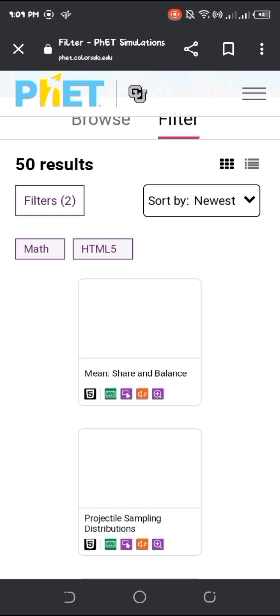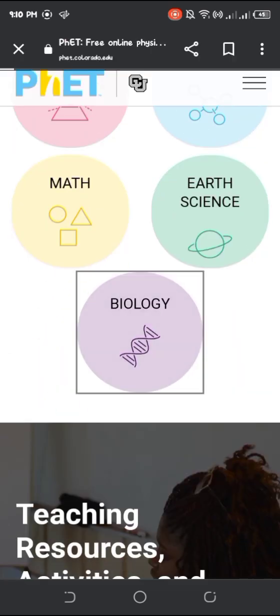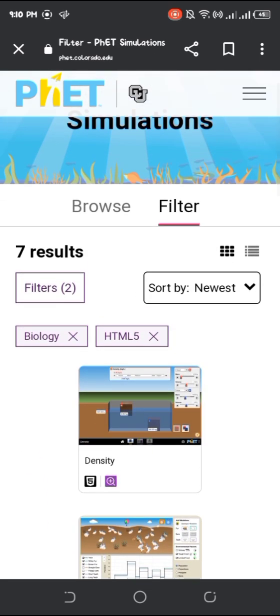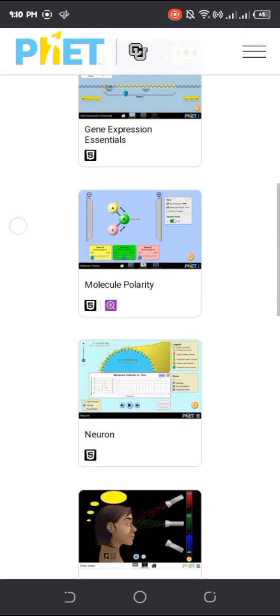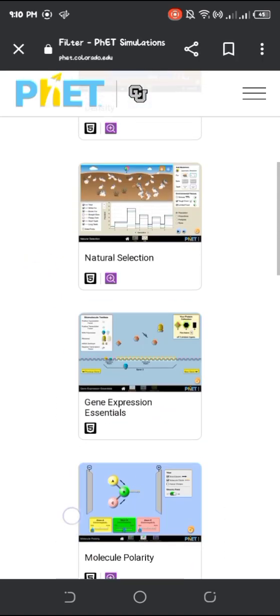Then the last one, we're going to explore chemistry, I think, or biology. Oh, biology. Oh, there's also earth science. So let's proceed first to biology. We're not going to try it because we can see it here.